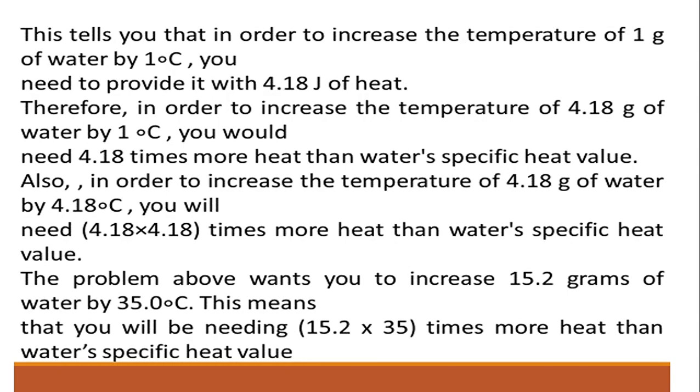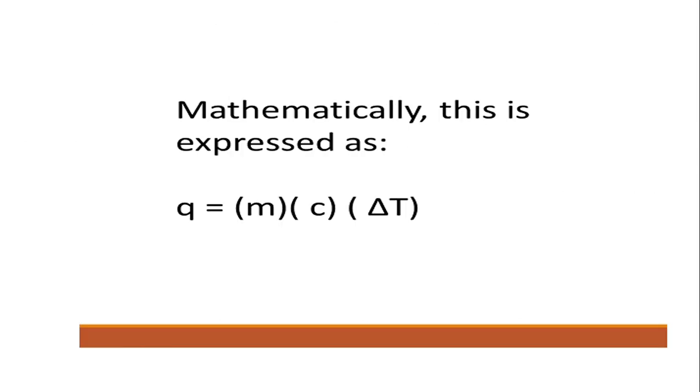The problem above wants you to increase 15.2 grams of water by 35 degrees Celsius. So this means that you will be needing 15.2 times 35 times more heat than water's specific heat value. Mathematically, this is expressed as Q, the heat absorbed, equal to m times c times delta T,